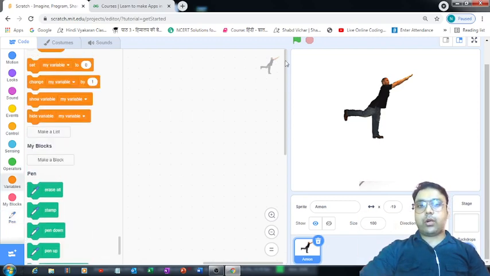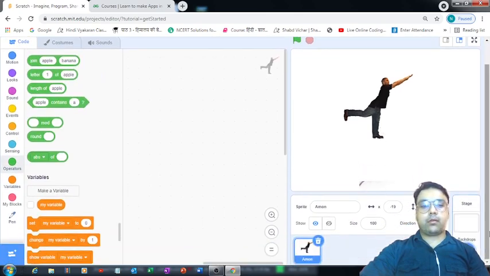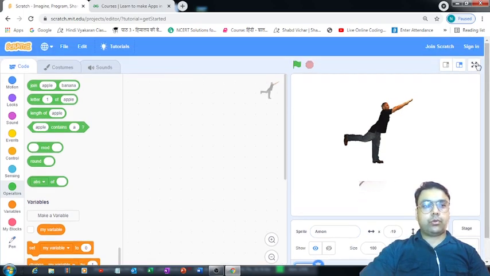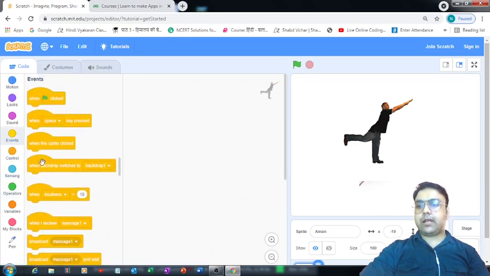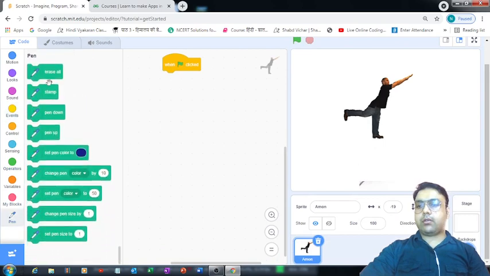So what will happen if I click on this flag button? Just a second, I think. Okay, just give me a short moment. I think I haven't defined any sprite earlier, so let me go back. Let's select this when flag is clicked option, and let's add this erase all option.